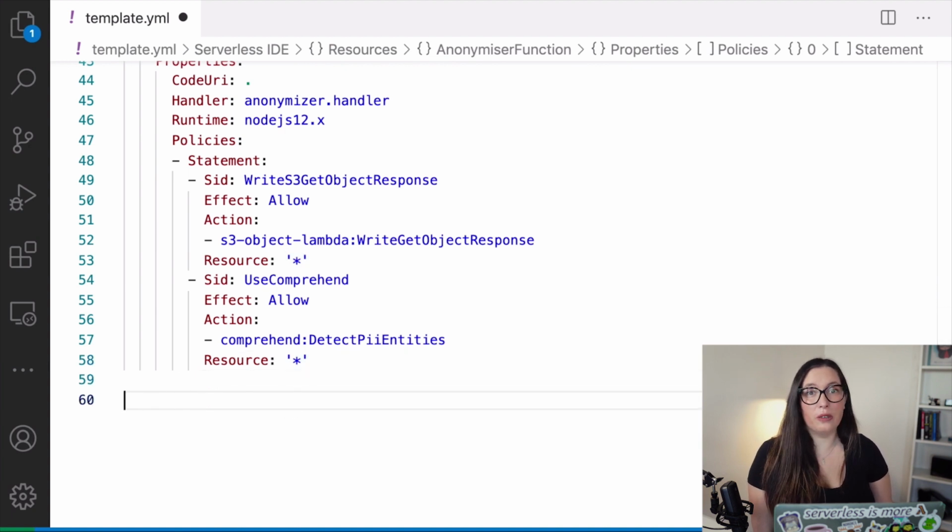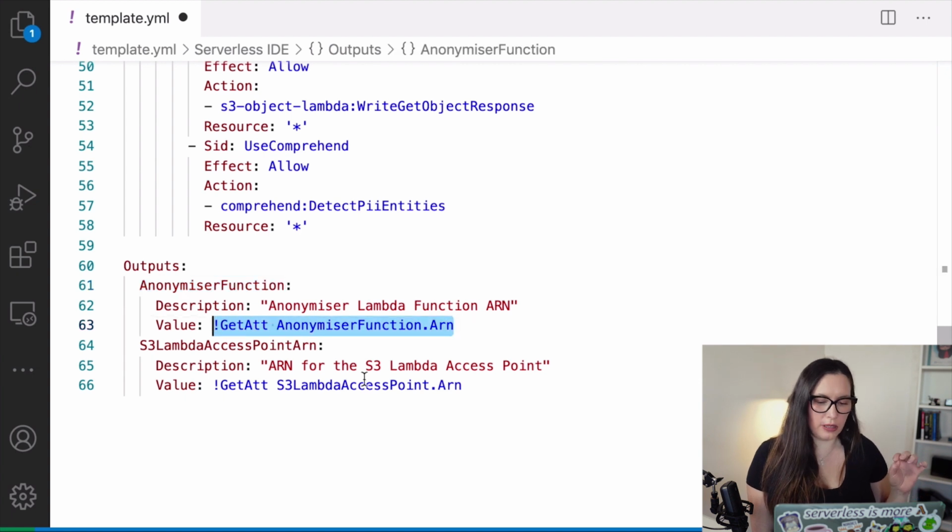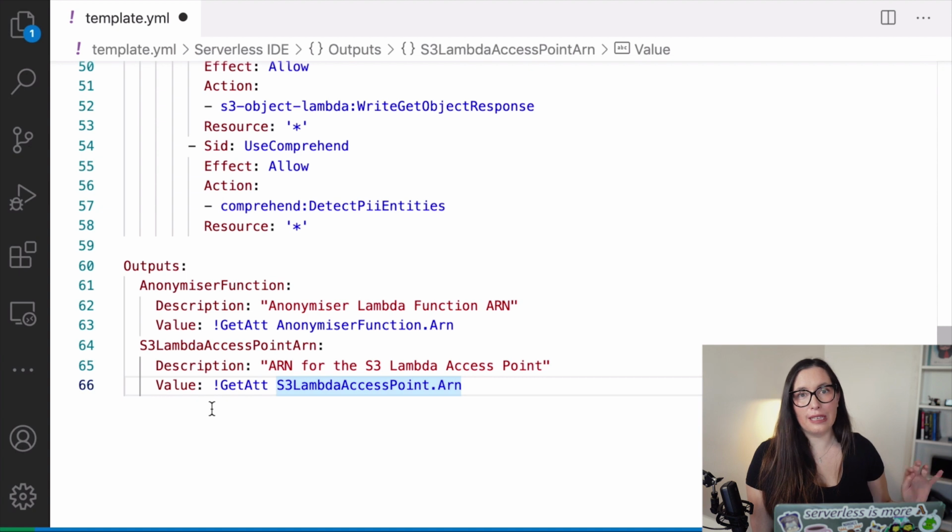If you download it, you can deploy it yourself because everything is kind of customized to stack names, so we will not have matching bucket names. The last thing I'm adding into my template is a couple of outputs, CloudFormation outputs. One is the anonymizer function ARN, just to know. And then the other one is the S3 Lambda access point ARN that we will need later